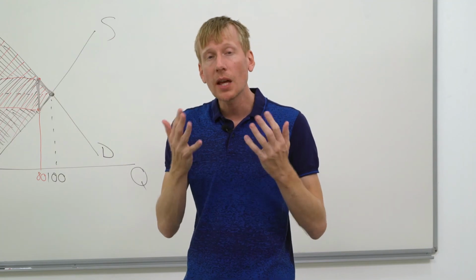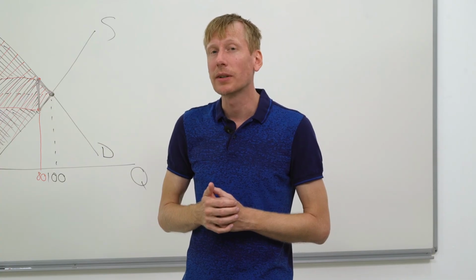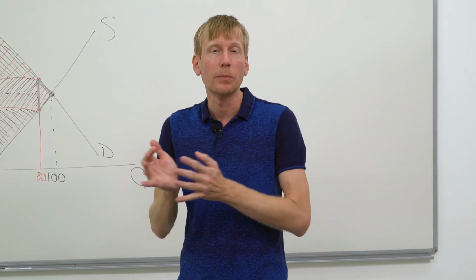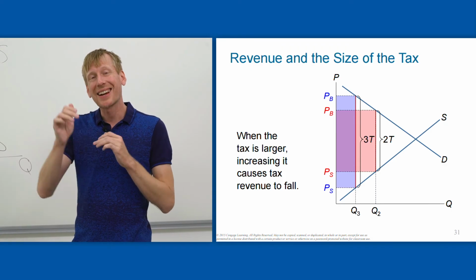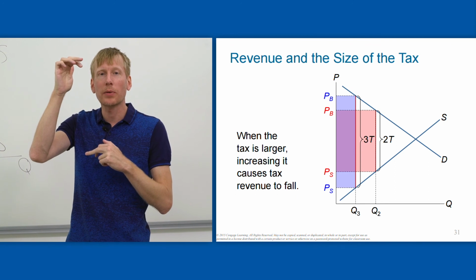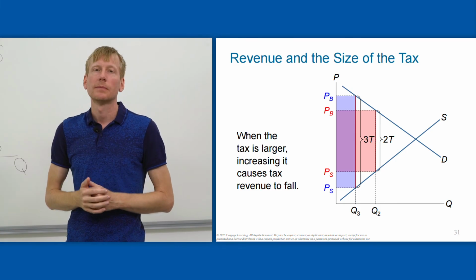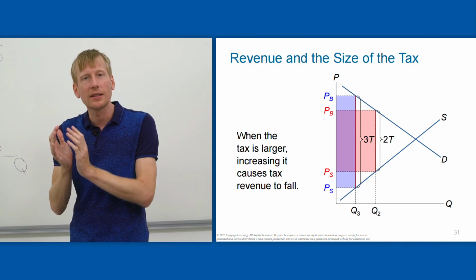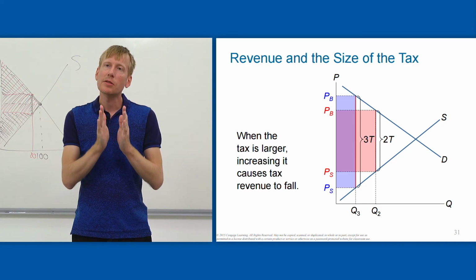product. And then watch what happens if you carry this forward to the second tax increase, where we triple our original tax and go to a tax rate of 3T or 30 compared to an original tax of 10. So now the tax revenue that we generate has a height of 3 times T. That's the new wedge, the new gap between the buyer price and the seller price. And it has a base of only Q3. As we've reduced the quantity that's bought and sold in this market even further to only Q3, much less than Q2, much less than Q1. The area of this blue rectangle is now smaller than the